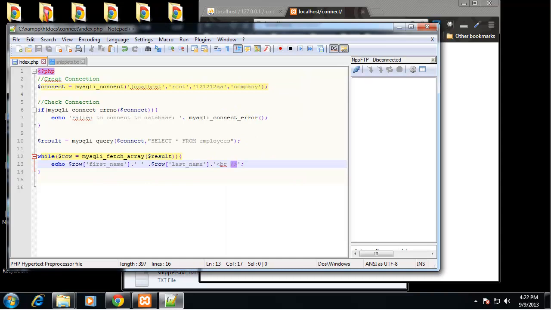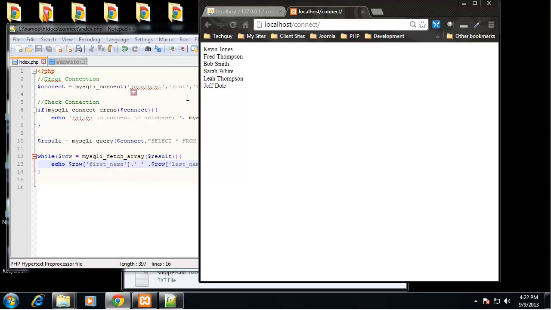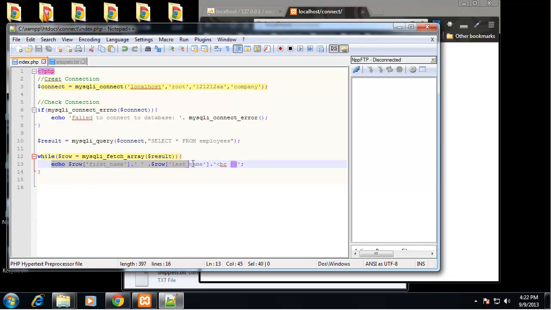Alright, so what I want to do now is I want to make this data a little neater. So what I want to do is create an actual HTML table with all of the names, not only the names but the department and the email. So we can do that all in this while loop, but I'm going to use the PHP shorthand. So I'm going to get rid of this. I'm going to end